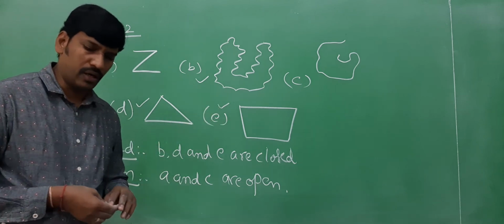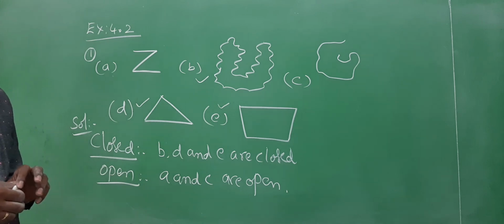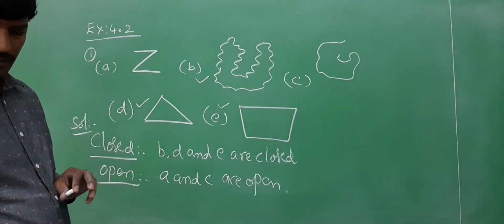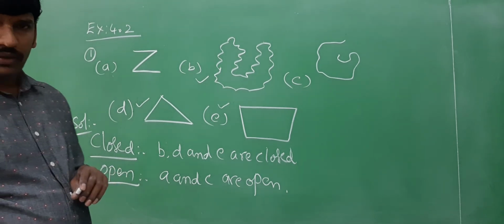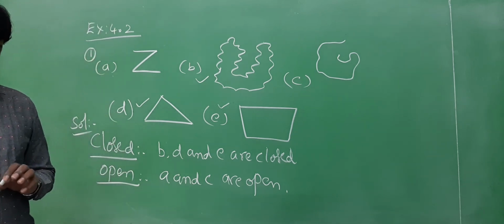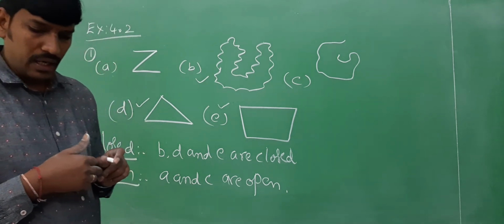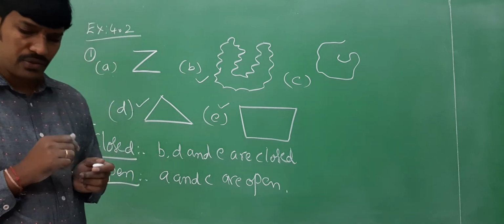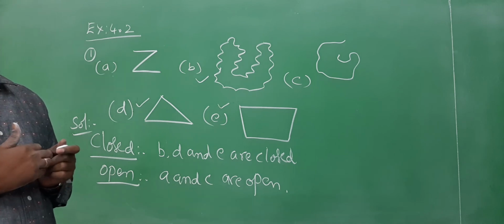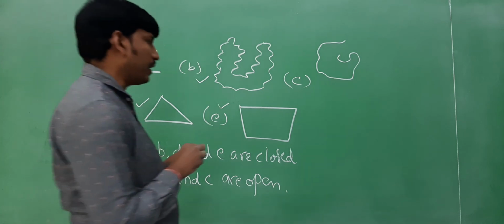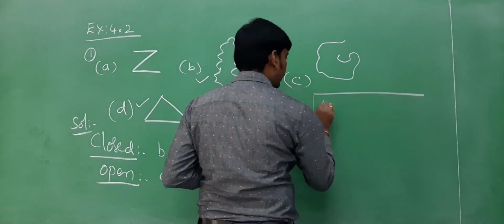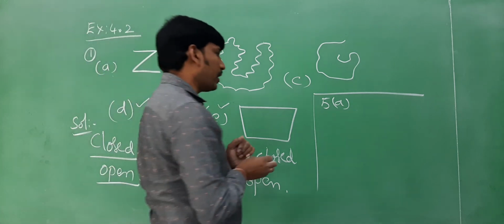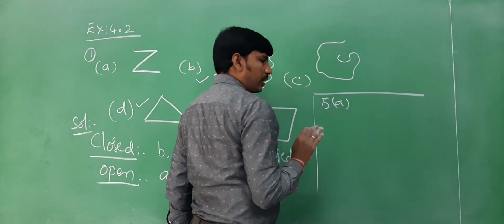Now question number 4. Consider the given figure and answer the questions. See children, question number 4. Is it a curve? Is it closed? Yes, it is a curve and it is closed also. Yes, you can write it. Now question number 5. Illustrate if possible each one of the following with a rough diagram. First one, a closed curve that is not a polygon. It is a closed curve but not a polygon.